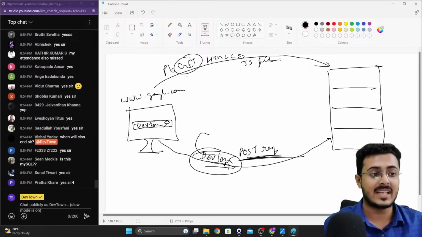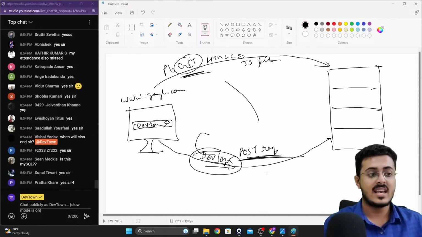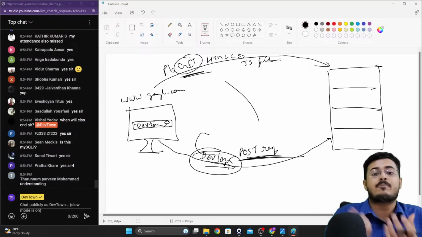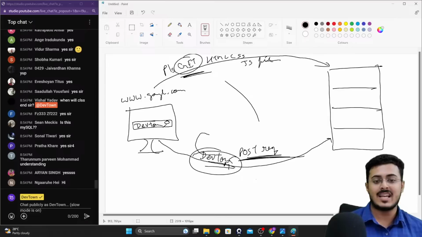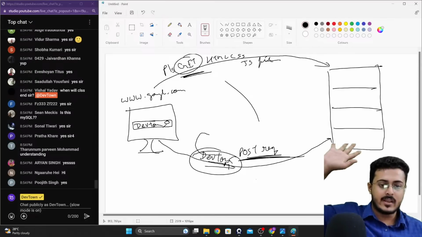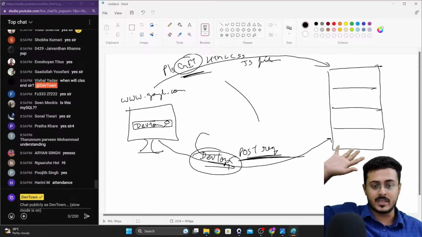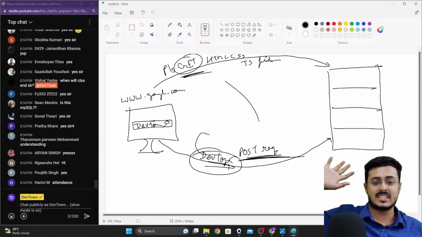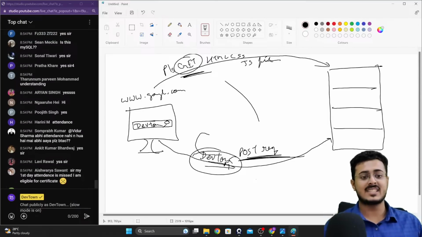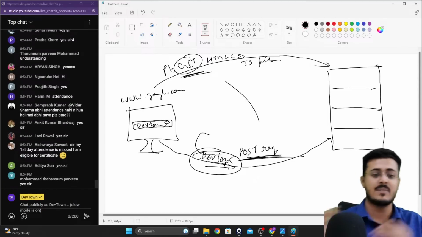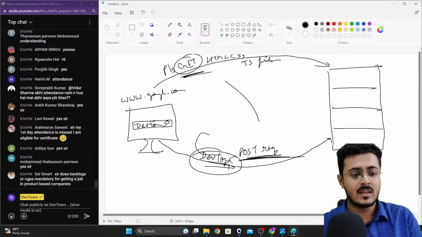That is the difference between a GET request and a POST request. In a GET request, you say, okay, please get me the HTML, CSS, and JavaScript file. In a POST request, you are like, here is some information, take it. Okay, do something with this and show it to me. So you're sending some information inside of the POST. You're posting some information right over there. Are you guys able to understand the difference between a GET request and a POST request, guys? Please let me know.